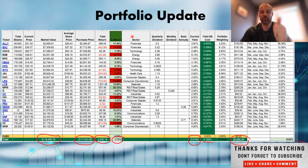So I think in the future, the financial sector will benefit because all those loans will be locked in at higher rates. So what the dividend is paid out, whether it's quarterly, monthly, semi-annually, how much they pay. That's these three sections here. The current dividend yield, my yield on cost, the portfolio weighting, and you can't see these here because they're behind